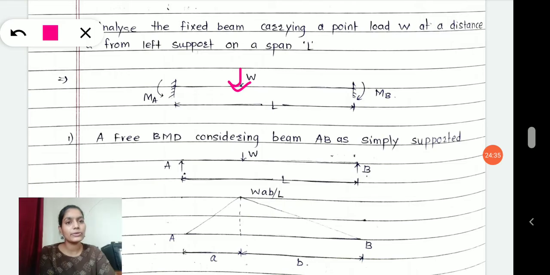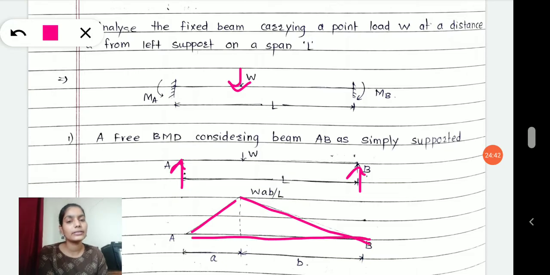First of all, we will draw a bending moment diagram for the simply supported beam. What will it be? Triangular again, but it is not now an equilateral triangle, right? Here, what will be the maximum bending moment? Let's analyze it. Now, I think in the MOS subject you have been introduced to all these basic formulas.